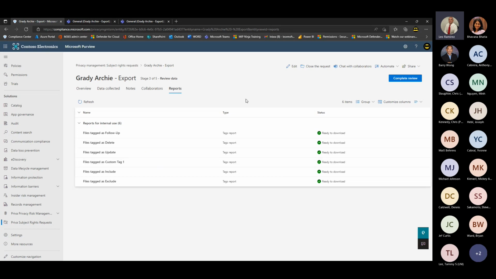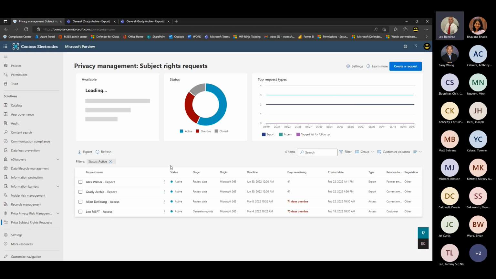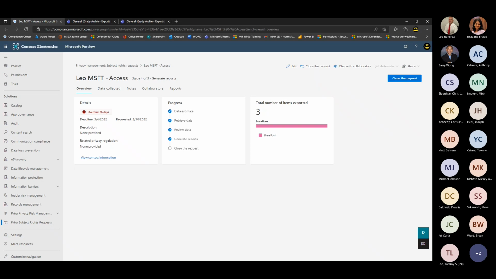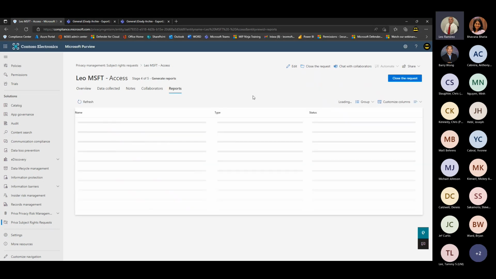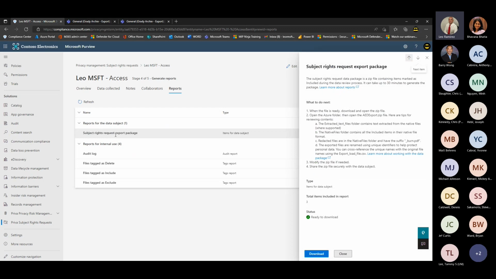But let's move over to a request that I've created previously that's at the stage ready for export. So I can show you. We're going on to the reports tab. This is the report and the export package that can be provided to the subject